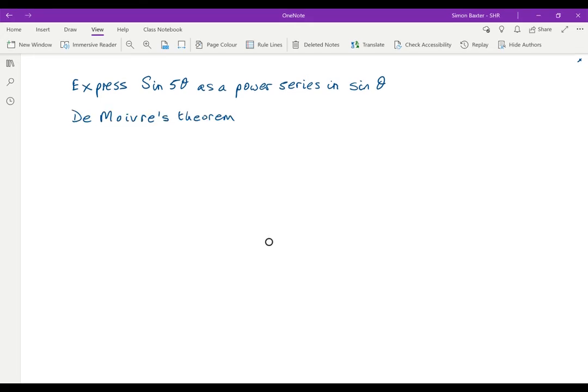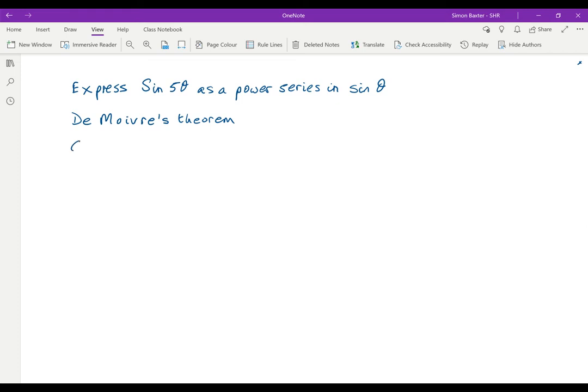This tells us that cos 5 theta plus I sine 5 theta is equal to cos theta plus I sine theta, all raised to the power 5. Well, we can use Pascal's triangle to work this out. It's a long line, so I'll start right over here. Cos to the power 5 theta